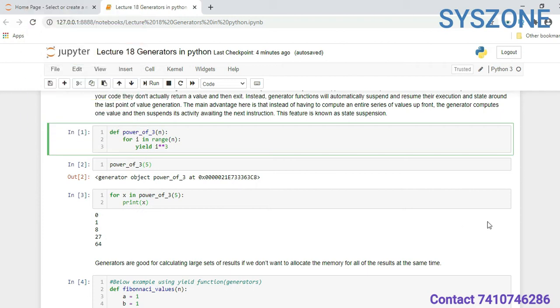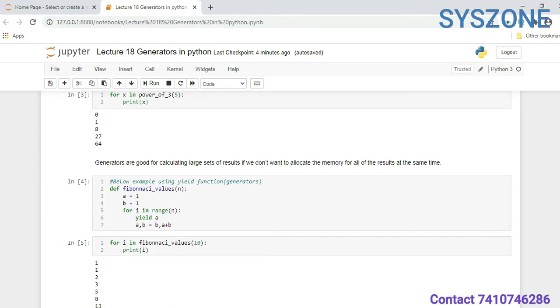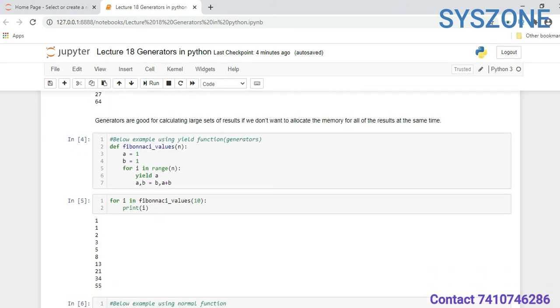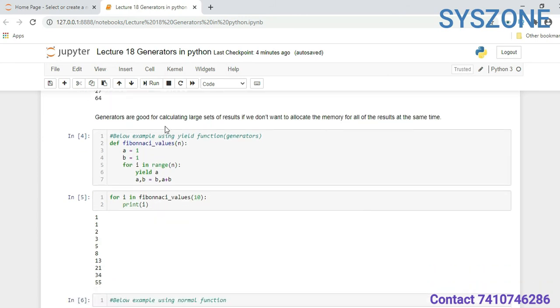Now we can see another example, where we are generating a Fibonacci series. Generators are good for calculating large sets of results if we do not want to allocate memory for all of the results at the same time. If we use a for loop and the value of n is 10, it will allocate memory for all 10 values.